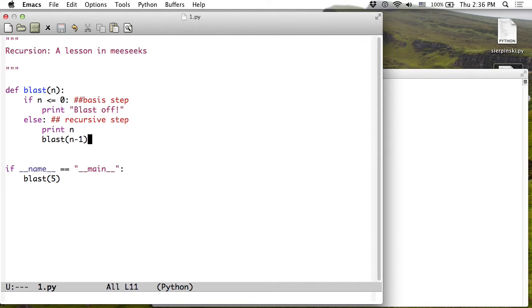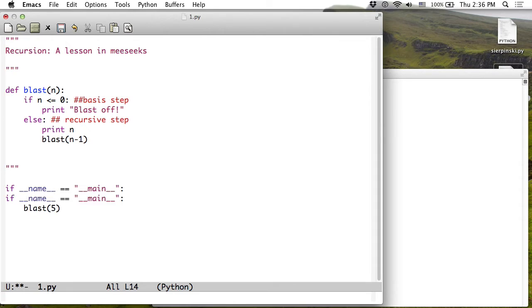Okay, so the first thing I will have is it's going to print 5. It's going to print 5, and then it's going to call blast of 4, right? So blast of 5 is still here, but now it's going to call blast of 4. For blast of 4, now 4 is on top of the stack. Blast of 4 is going to do what? Print 4, and then it's going to call